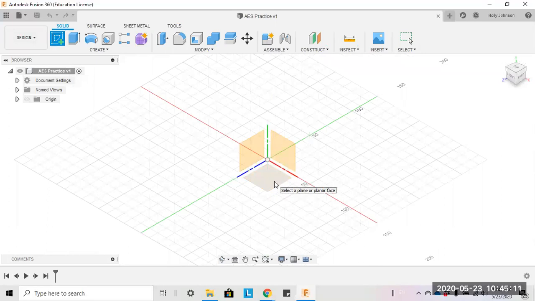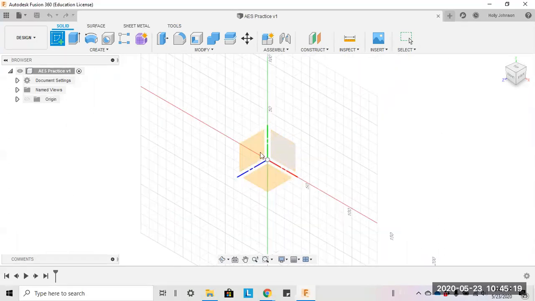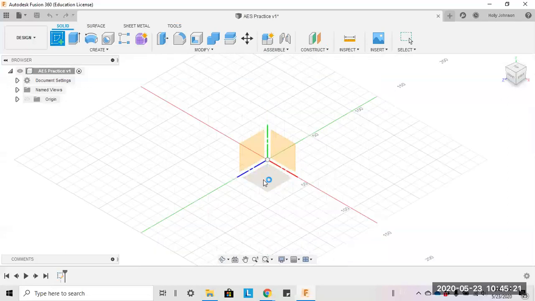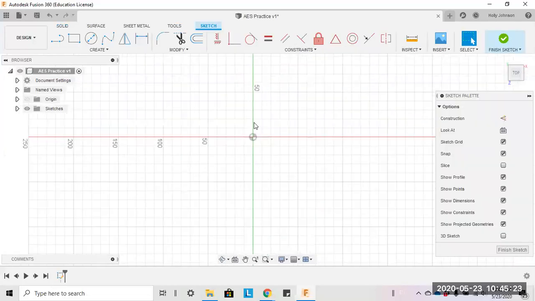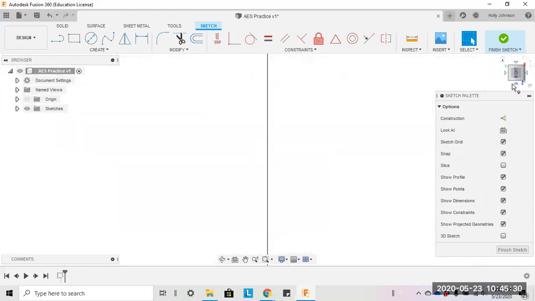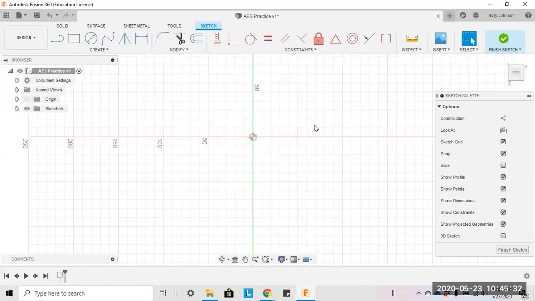So this is going to be coming from the top, whereas these are going to be along the two sides. So this would be X, Y, Y, Z, X, Z. I'm just going to click on the bottom plane here. You can also see in this top right corner, it shows you what face you're working with, and you can easily click around to change what angle you're looking at it from. All right, so